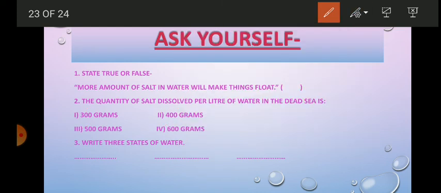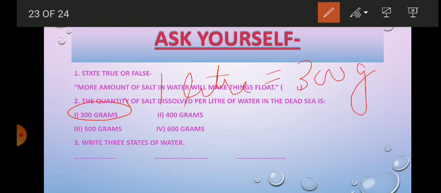Think. Good. It's 300 grams. In 1 liter of the Dead Sea's water, there are 300 grams of salt.